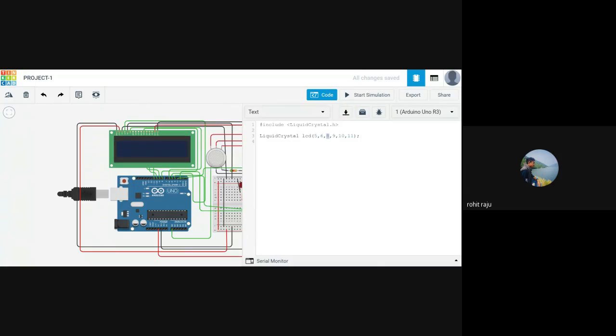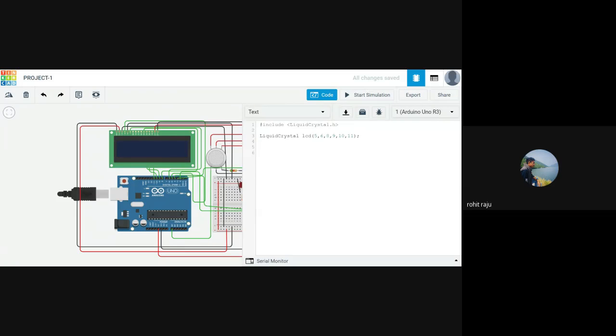This is db4, which I connected to pin 8 in the Arduino. Then db5, db6, and db7. We have 6 parameters here. So we created the lcd object, and to this object we give all our wiring information in the form of a function.